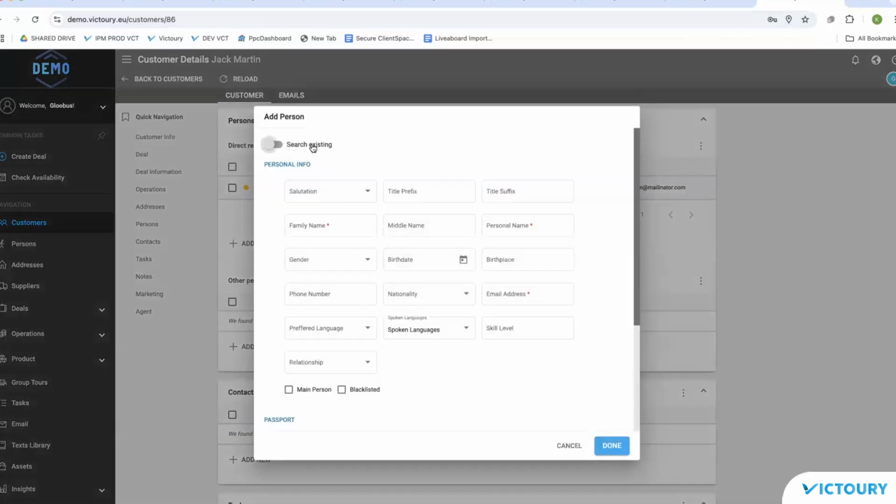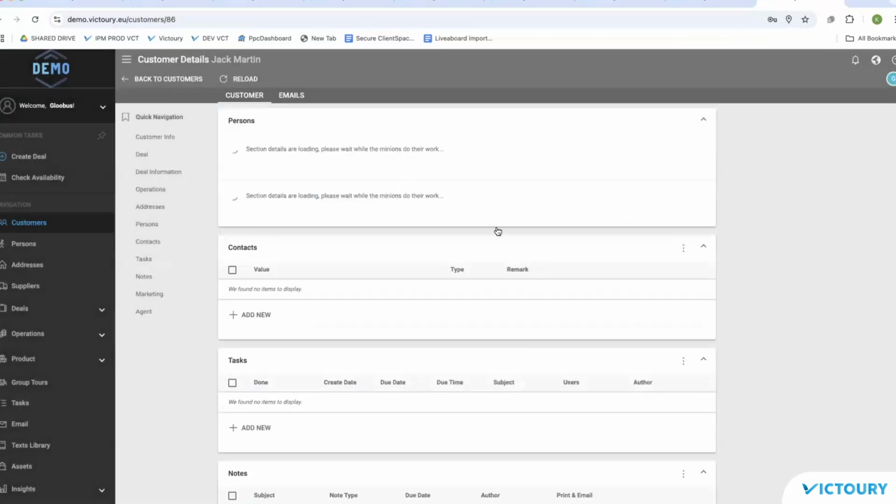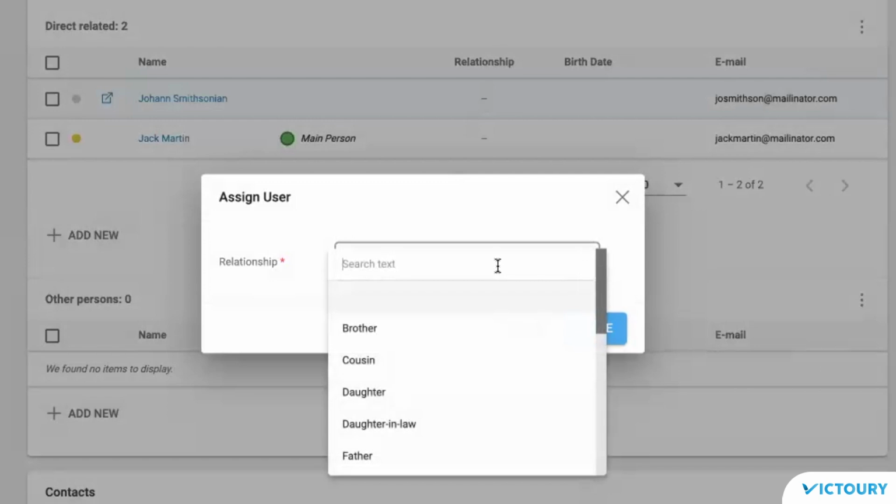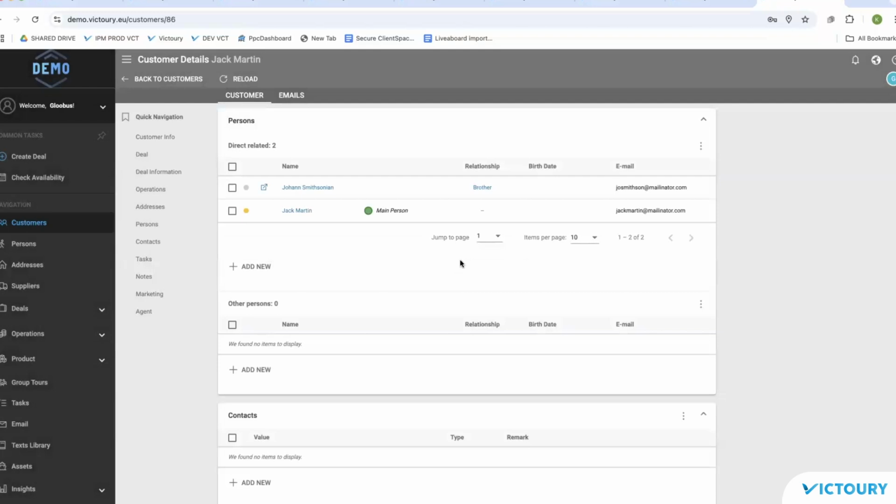But in case I just add a traveler here, then the system will allow me to say in which relationship type this person is with the other one. So I will just put brother here. This is for the importance of you, as an operator, having a better overview, perhaps when making the room assignments, or in the near future we are preparing a CRM section in Victoury as well, where this information might be handy. If you see this little marking near the name of the person,